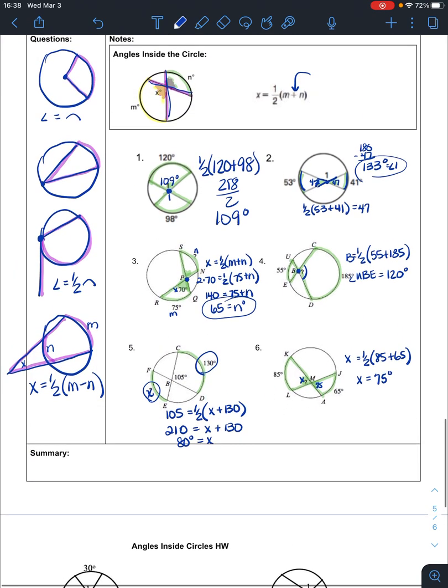So now we have all 4 situations: when our vertex is in the center, when our vertex is on, when our vertex is outside, like right here, and when our vertex is inside. So what you really have to do is pay attention to, when they're all mixed up, where is the vertex of that angle? Take the time to highlight the sides and highlight the arcs so that you can figure out which